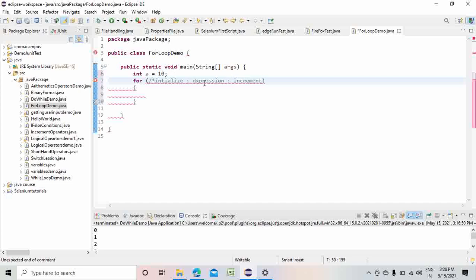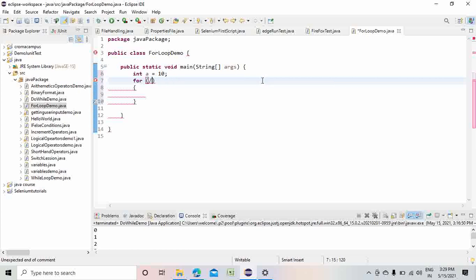All of this will be in the for loop. In a while loop or do while loop, we first do the initialization, and then we express the condition, for example a less than 10. This is the expression, and then we do the increment. But here